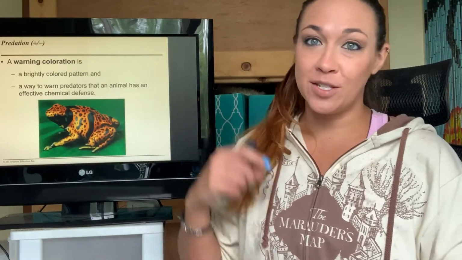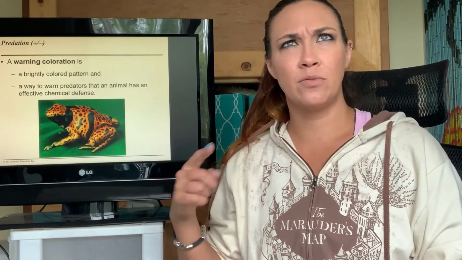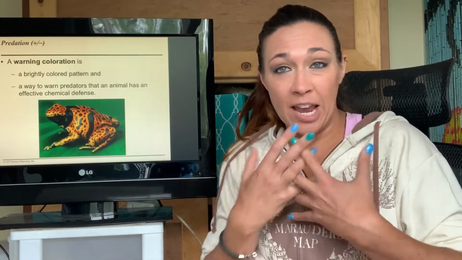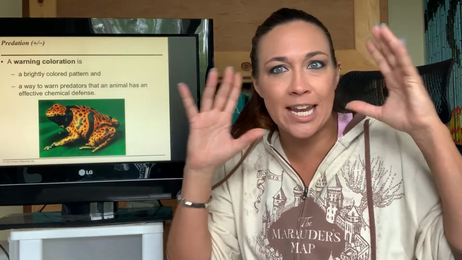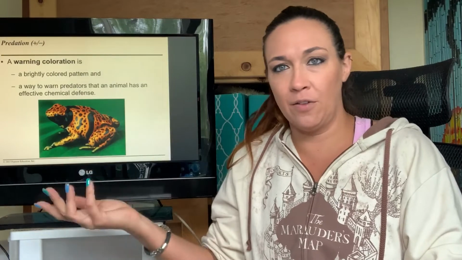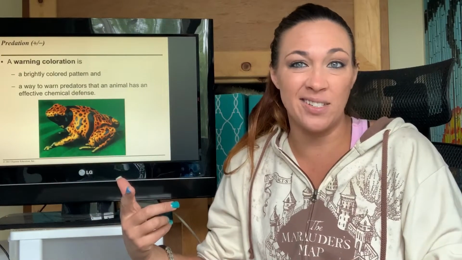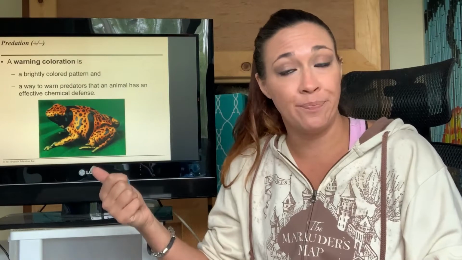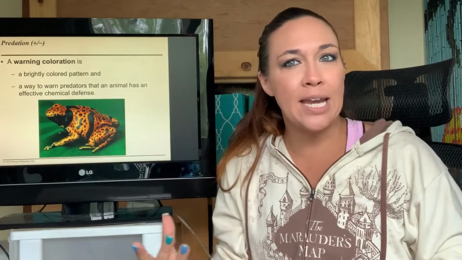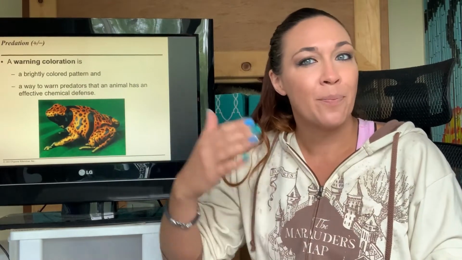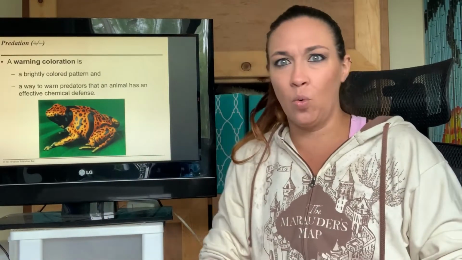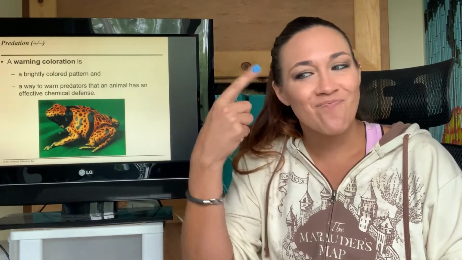Warning coloration is another one. This is a poisonous tree frog or a dart tree frog. Poisonous dart frog? Tree? Anyway. The reason they are poisonous is because they have these toxins in their bodies and they're like, don't eat me. If you eat me, you're going to get sick. And because if this little frog got eaten and the predator got sick, it doesn't help this little frog. The little frog's already dead. So being poisonous, he goes, hey, I'm going to also be brightly colorful. Because in nature, being brightly colorful usually means that you're poisonous or toxic. And so therefore the animal looks around and goes, what can I eat? Oh, you're really bright. You're probably going to make me sick.